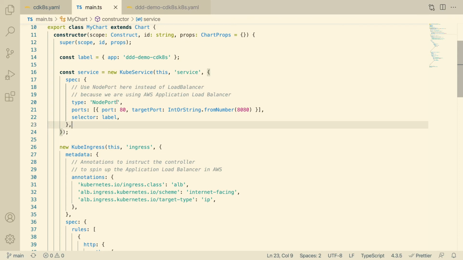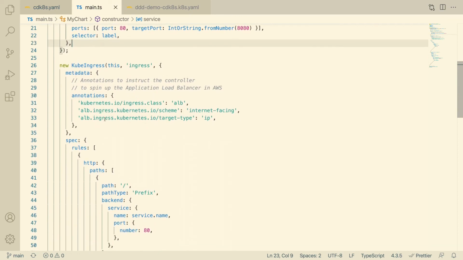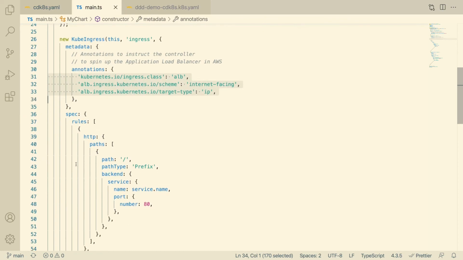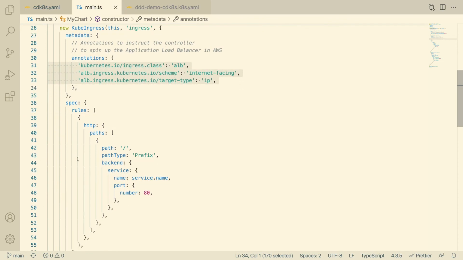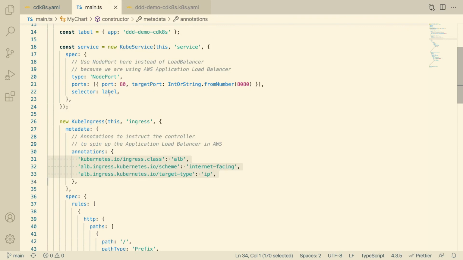After we've created the service, we can create the ingress. As you can see, the ingress has these three annotations here. These annotations configure the ingress to communicate with the load balancer controller so that the load balancer knows it needs to spin up a load balancer. The actual configuration here has a lot of boilerplate. You can see we're just using the root, and we're just mapping that to the service that we defined up here.